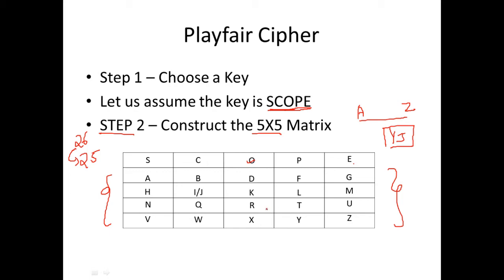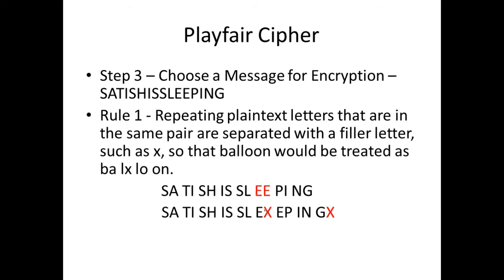So our matrix is ready. Now we can take a look at encryption. For encryption, the very first thing is you have to take some plain text. I have taken a very funny plain text: Satish is sleeping. This plain text should be encrypted. Even before encryption, there is rule one that comes with Playfair Cipher: you have to closely watch the digrams in this plain text. I have given the digrams here: SATI, SHIS, SL,